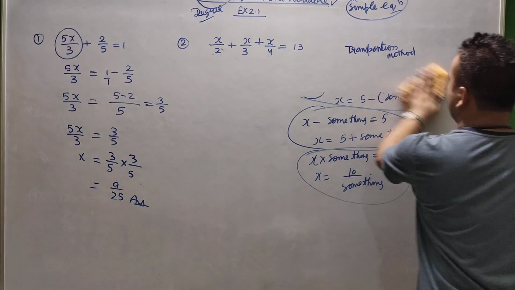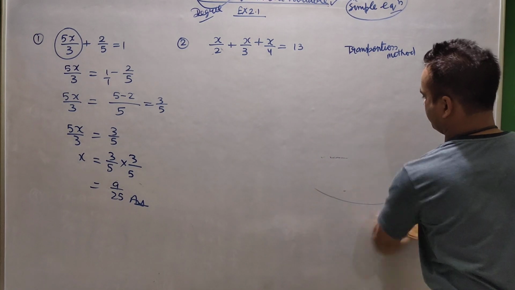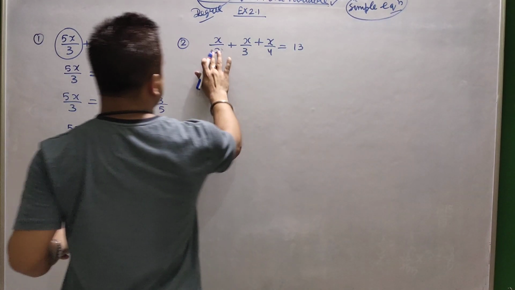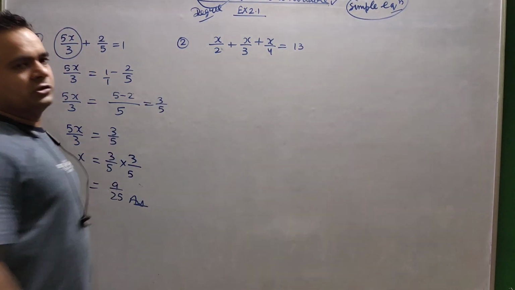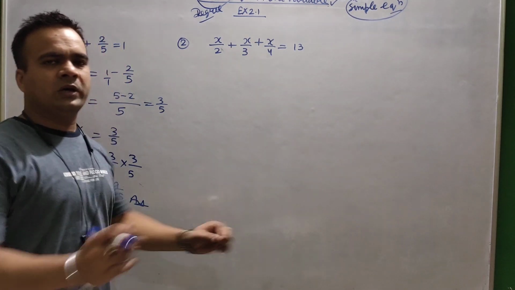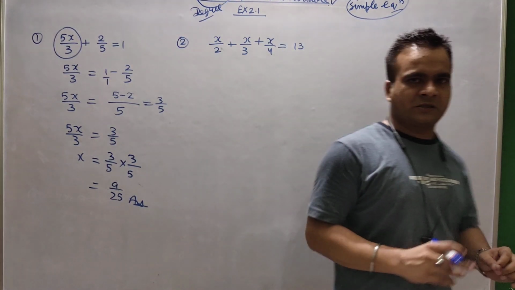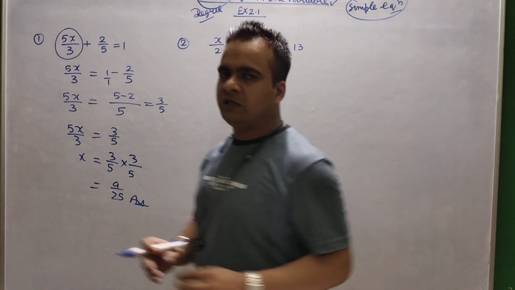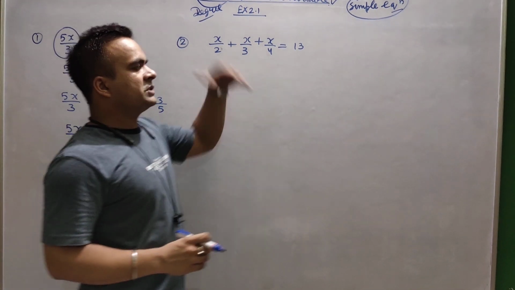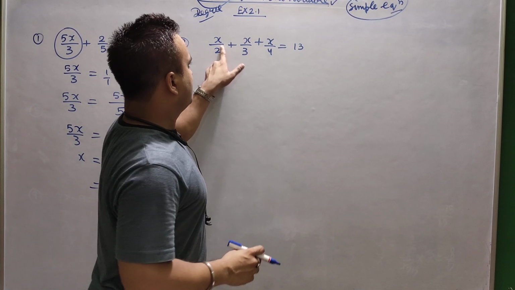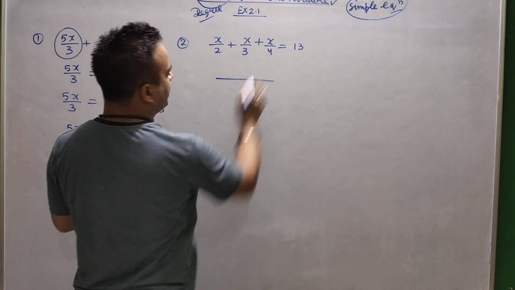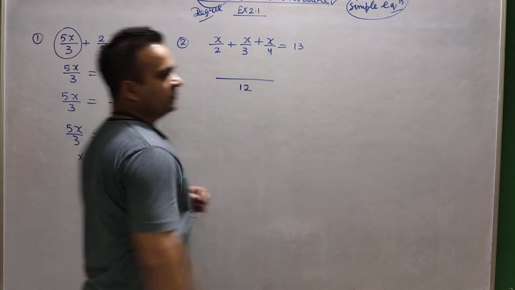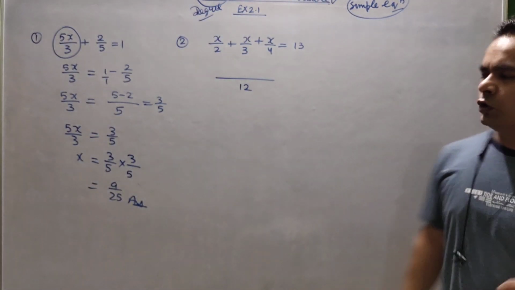Now you can see this one. One more important question. Okay, you can see all are x terms. If you see on the left hand side, all are x terms. There is nothing else, all are in plus, but all are containing x. There is no constant term, no single term which can be shifted, because we cannot shift. So what we will do here, first of all, we will take the LCM. What is the LCM of 2, 3 and 4? I think it's 12.